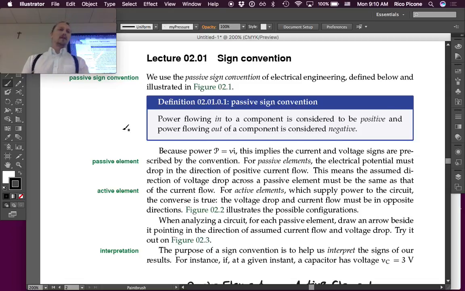So there are a couple different ways that you can mean sign convention. This actually fully defines the current and voltage definitions relative to each other for a given element. However, when we look at a circuit, we have to determine the sign direction, assumed direction, and that's also called sign convention sometimes by people. So it's really just use it interchangeably. The first one, though, is defining power in and out to be positive and negative, respectively. Okay, so